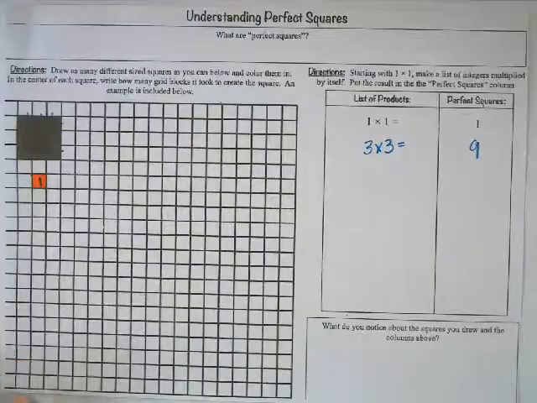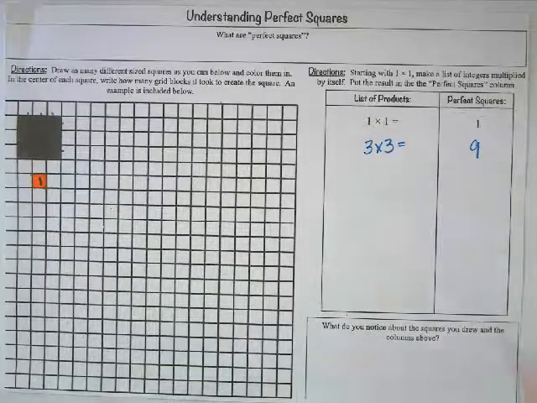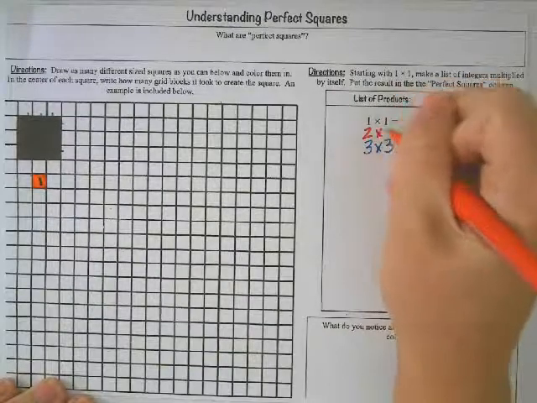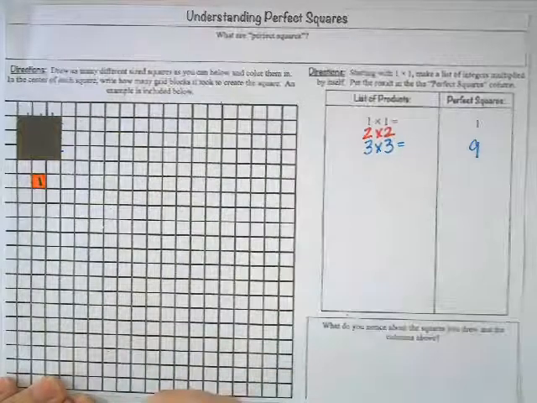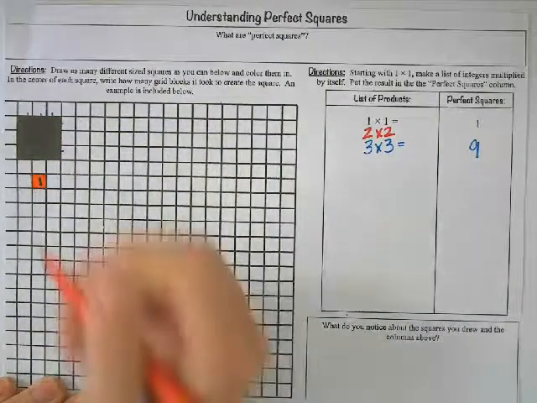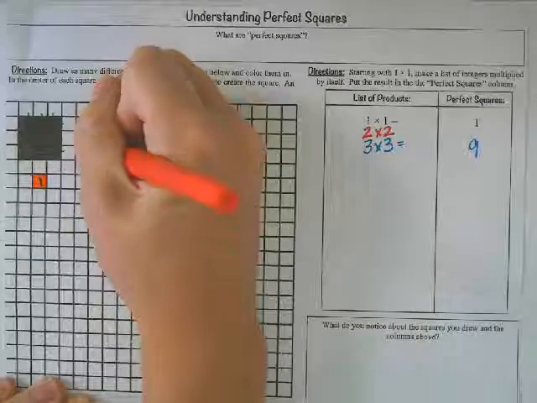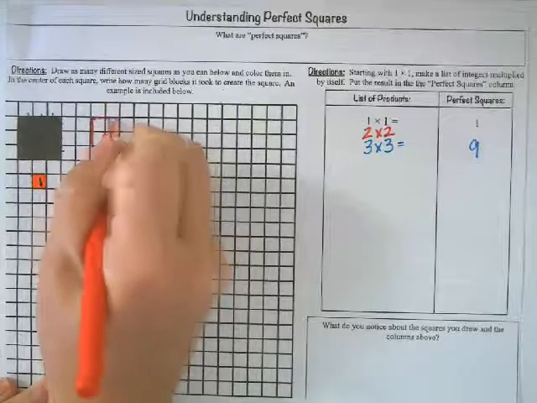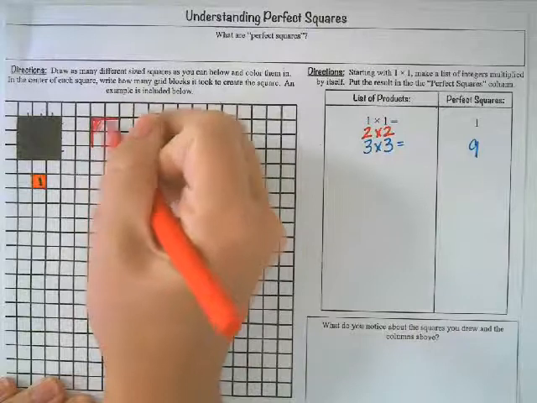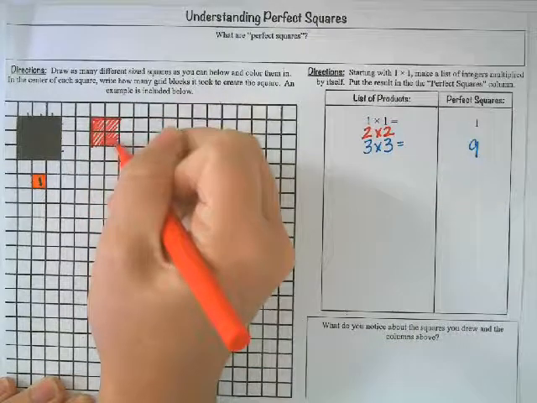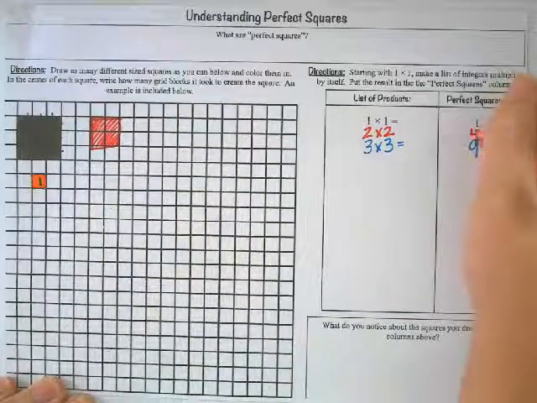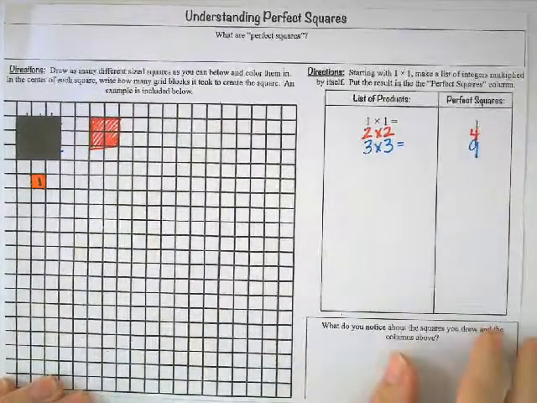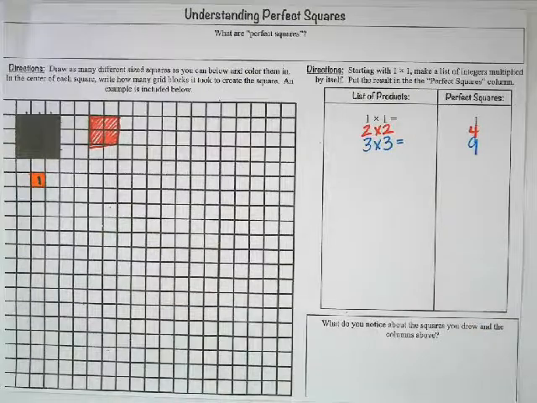If I tried a new number, let's try the number 2. 2 times 2 would give me how many squares? Well, I'm going to use the length right here. If I have 2 by 2 and I fill in that amount to make up a perfect square, that perfect square contains 4 squares. Using this same pattern, you're going to come up with a list of perfect squares using